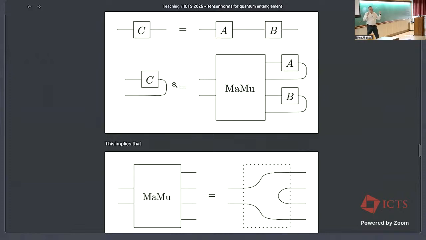So this is what I meant on the previous slide when I said, depending on how you package your 6 legs into packets of 2 to get a 3 tensor, you get either the matrix multiplication tensor acting on 2 matrices and giving you the product, or identity tensor identity. Are there any questions about this? Because this is matrix multiplication and also this graphical thing, so it's a good time to ask if there are questions.